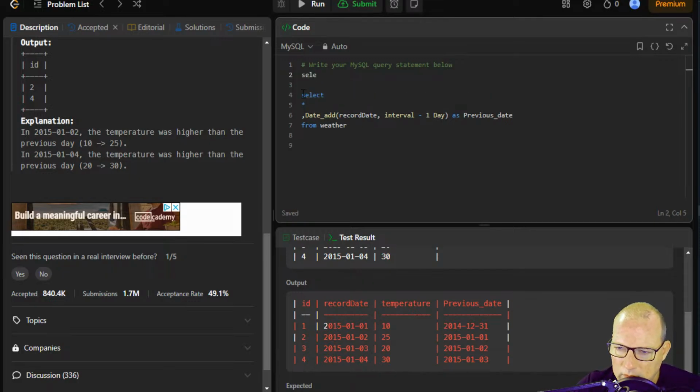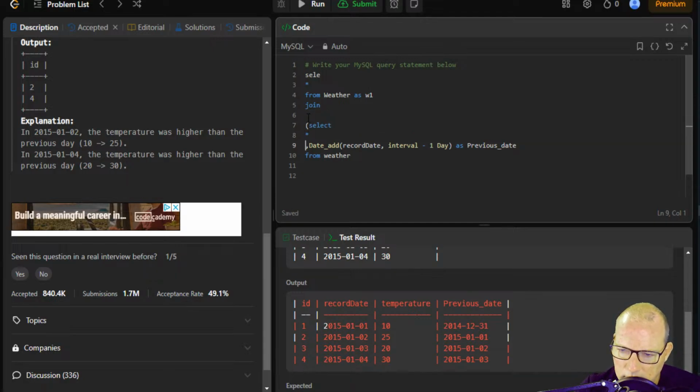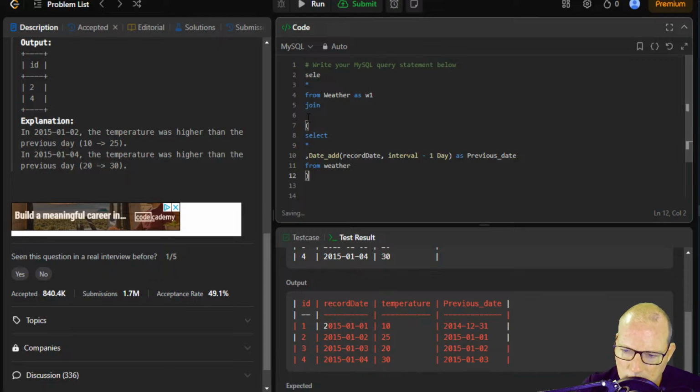Select star from weather as W1, and then join weather as W2, join on,